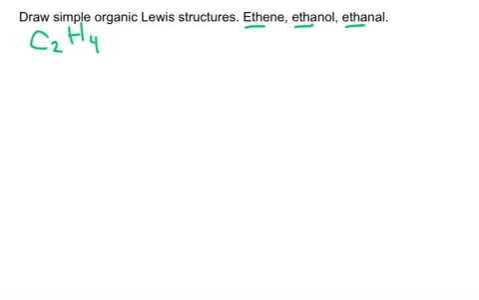Something you want to keep in mind with organic compounds is the carbons tend to go in the center and the hydrogens tend to go on the outside. So before I start connecting bonds, I'm just going to lay out the atoms in a way that looks symmetrical, keeps the carbons in the center, and puts the hydrogens on the outside. Next I'm going to fill in electrons based on the number of valence electrons that each of these atoms have. So carbon has 4 valence electrons, hydrogen has 1 valence electron,